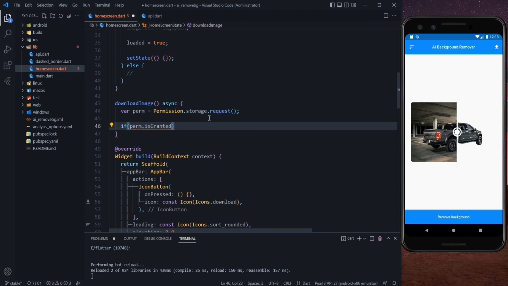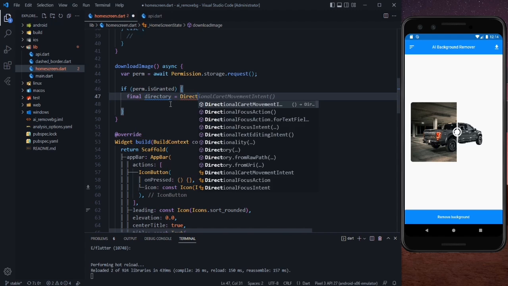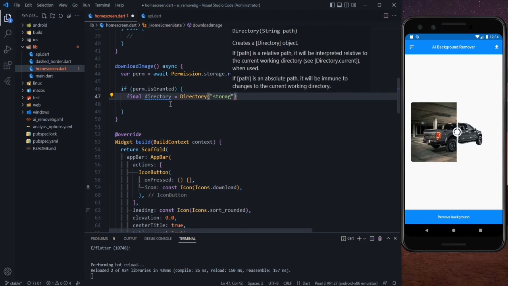So if the permission is granted, we also need to set await here. Let's just create a final directory here. So it will be final directory, and in here we need to say directory, and now we need to add a path. So the path will be storage slash